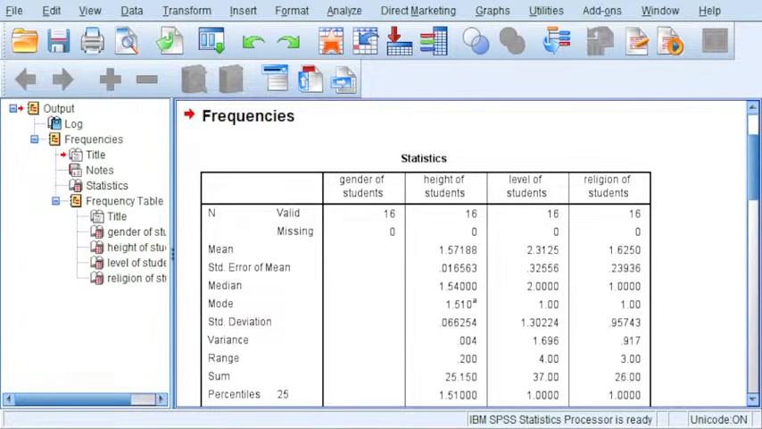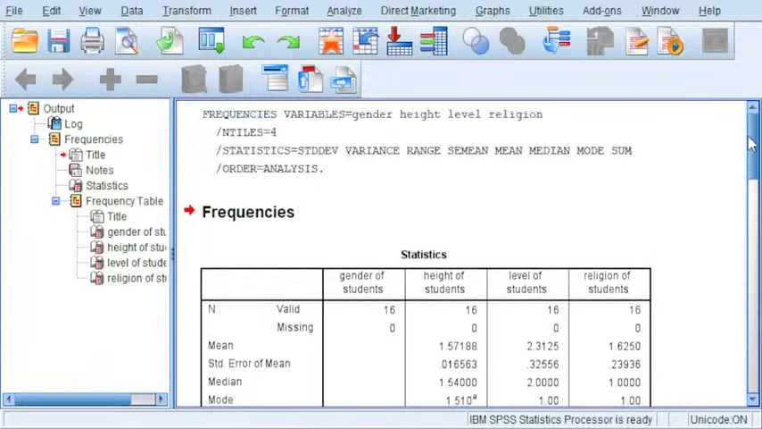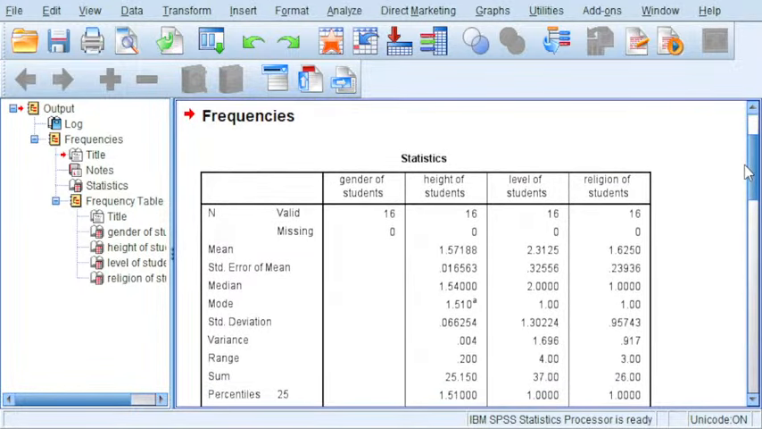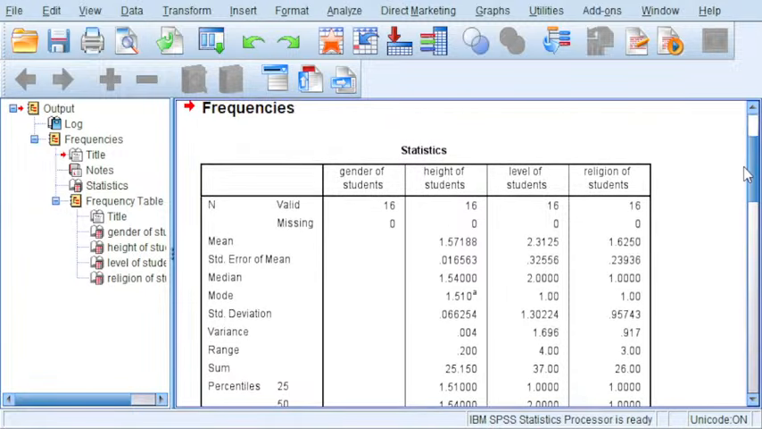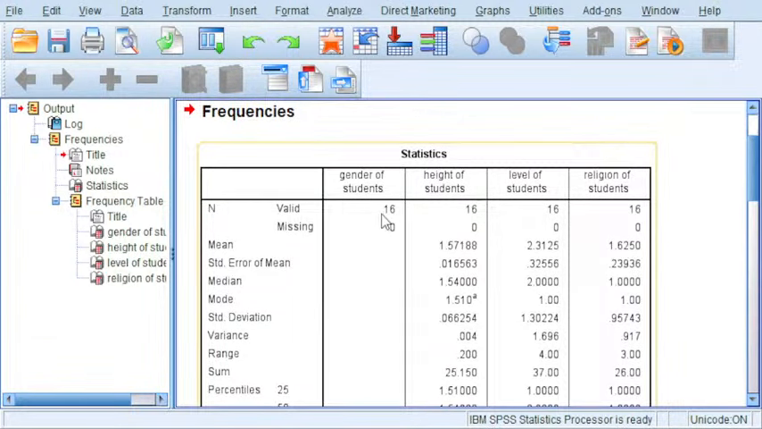Now, if you notice, when it processes, what happens? You would have 16. It's showing you that for the gender, the number of valid items is 16. Missing is 0, right? Height of students is 16. Now, if you check, there's no mean for gender because gender is male or female. You cannot be calculating mean for that. And remember, you coded gender to be string, which means it is in words, so you cannot calculate mean